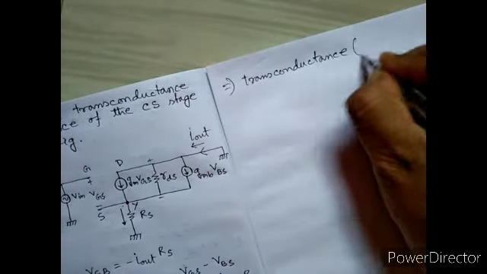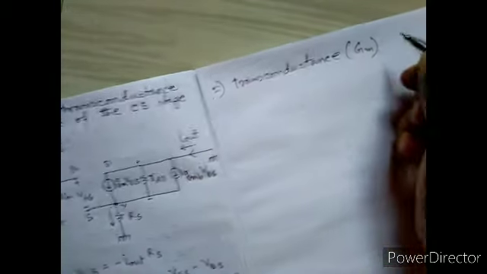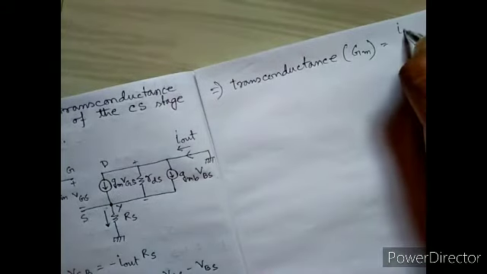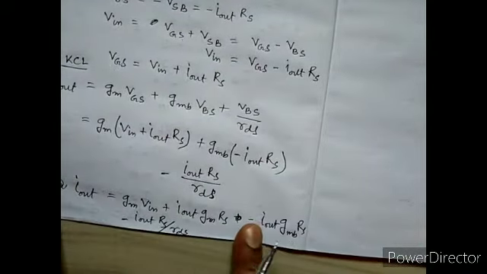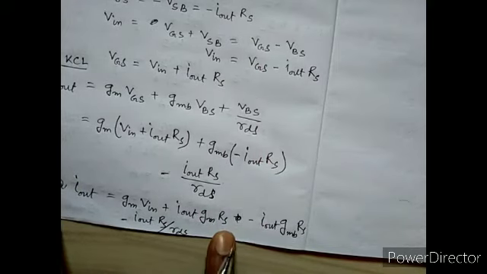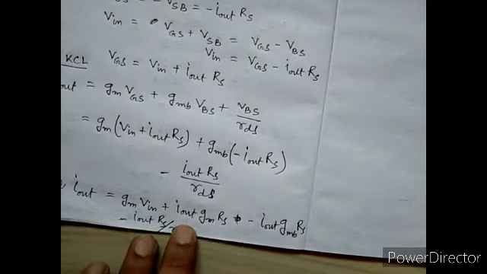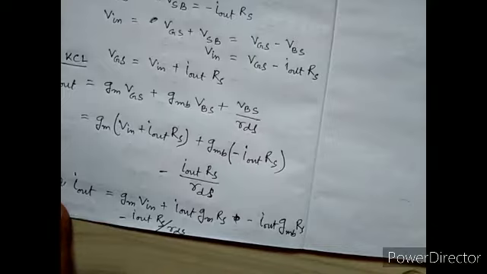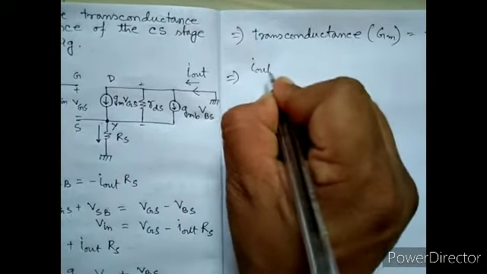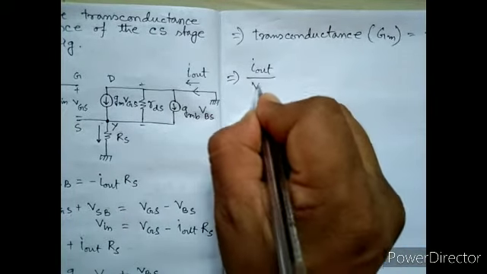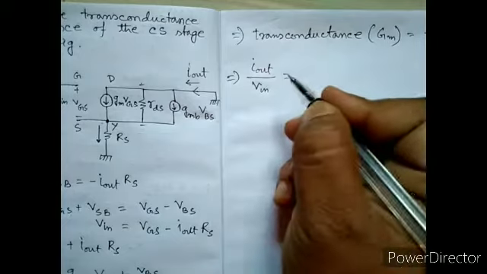If we take GM of this amplifier, GM equals I out by V in. So now from this we can find out I out by V in. If we take I out common on one side and then do that, finally we'll get I out by V in. Okay, that equals